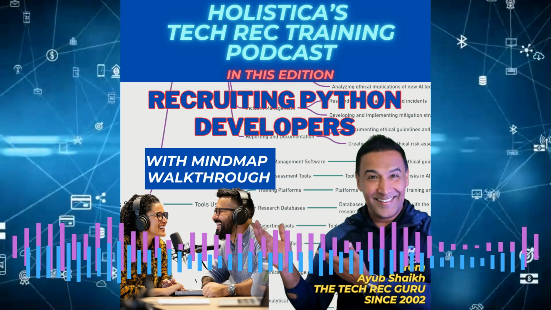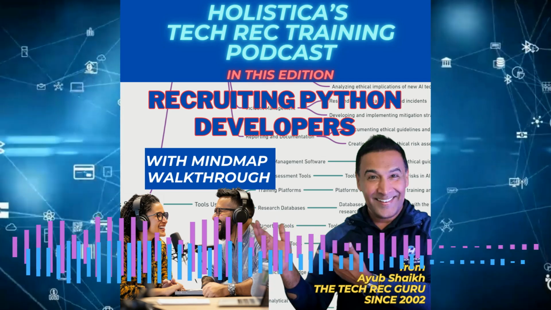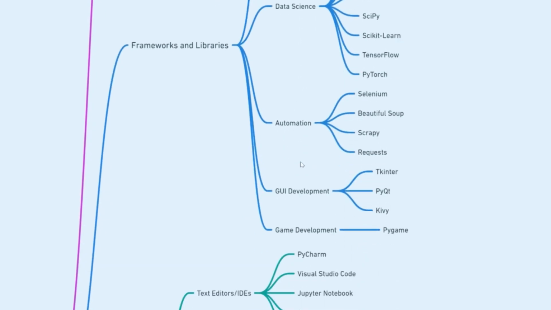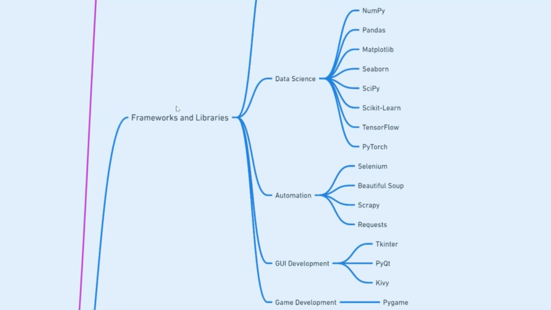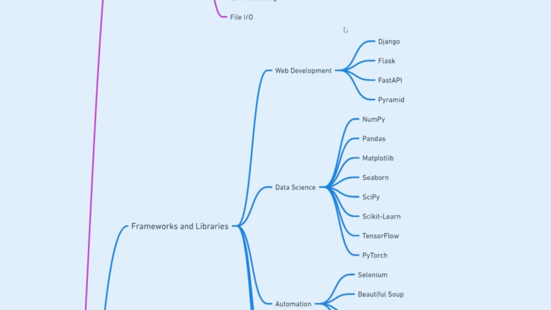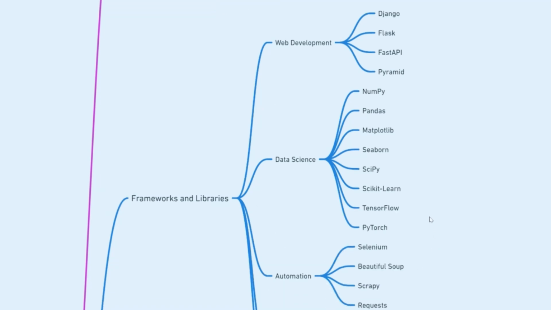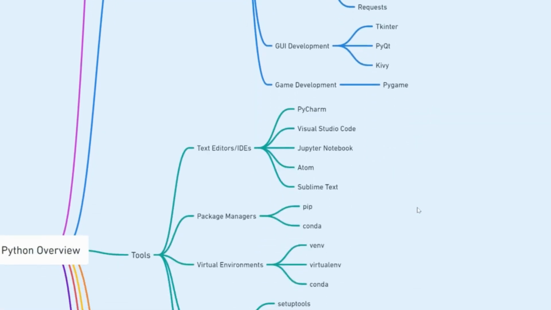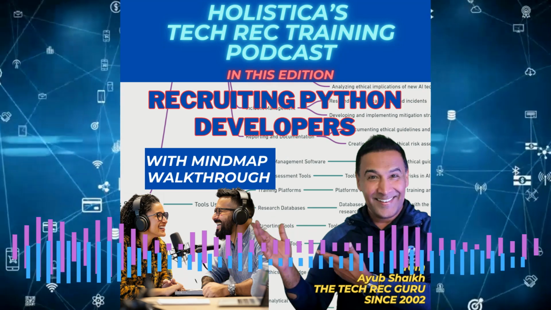Now, your mind map takes us from these core concepts to a whole world of possibilities. Frameworks and libraries. Django for web development. Pandas and NumPy for data crunching. Fascinating. Even Pygame for game development. It's like stepping into a massive coding playground. Python empowers you to specialize. It's not just one language. It's a gateway to countless domains. This section of your mind map isn't just a list. It's a menu of possibilities. Are you drawn to building interactive websites? Yes. Tackling complex data sets? Like having a universal travel adapter, Python lets you plug into almost any area of software development.